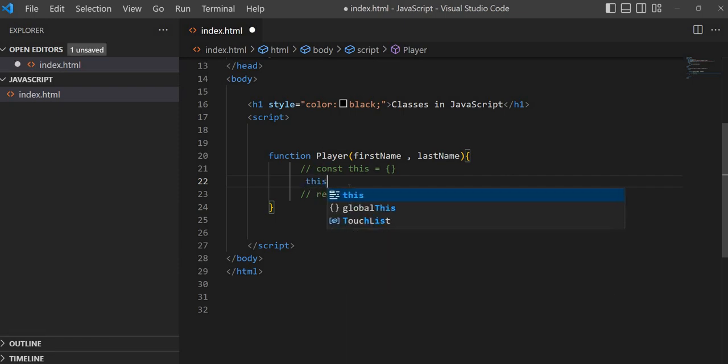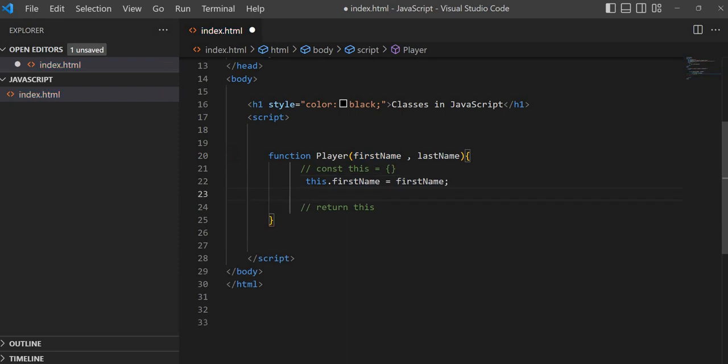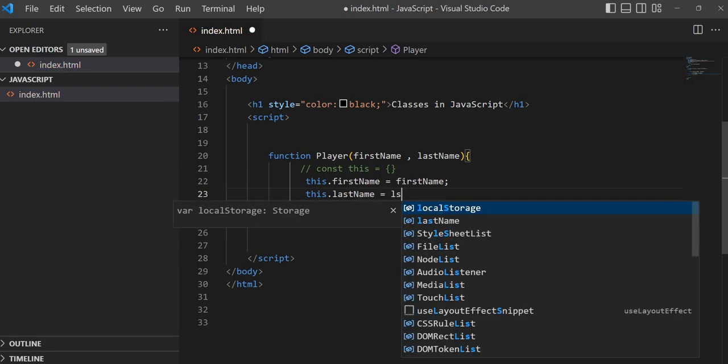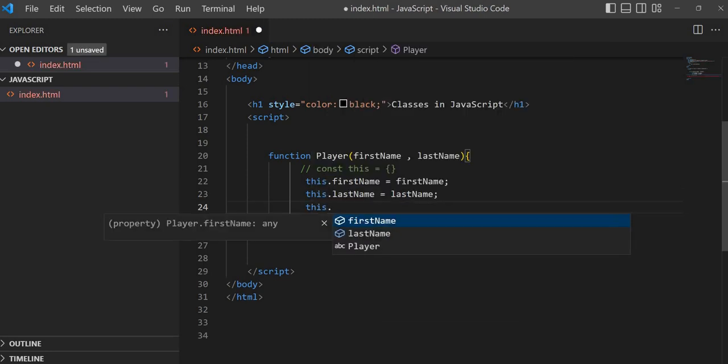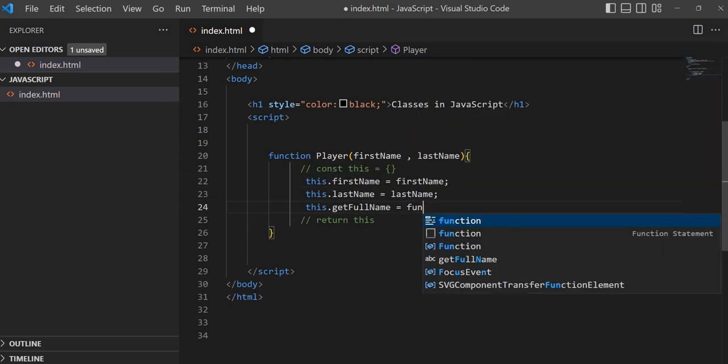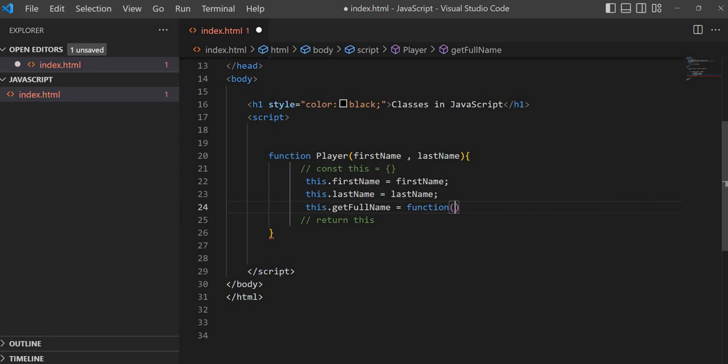So here what I'm doing: this.firstName, whatever first name we provide here, we bind to this.firstName, and then this.lastName is equal to the last name. And as we learned, I'm just binding another function,